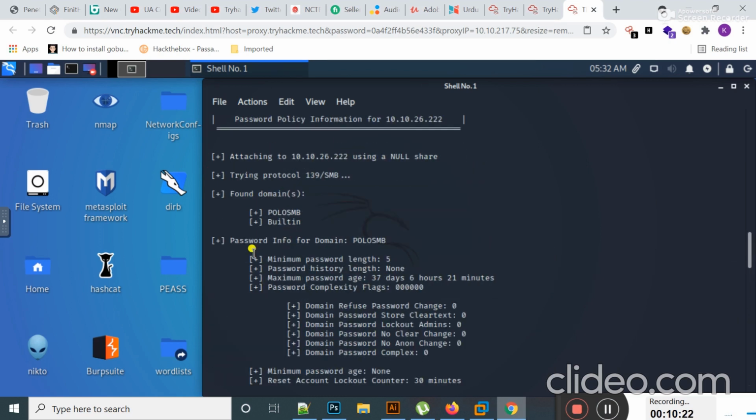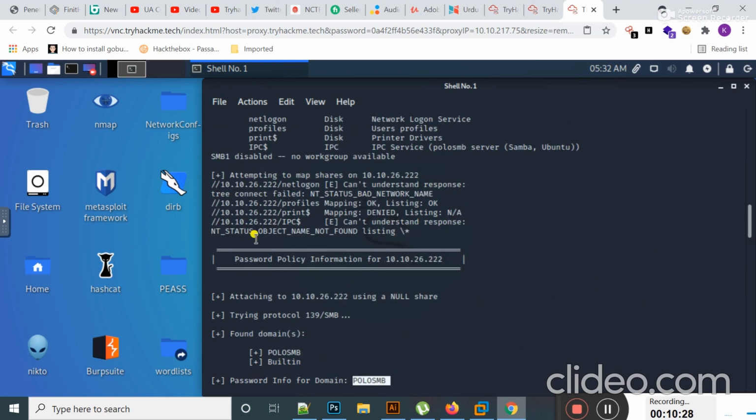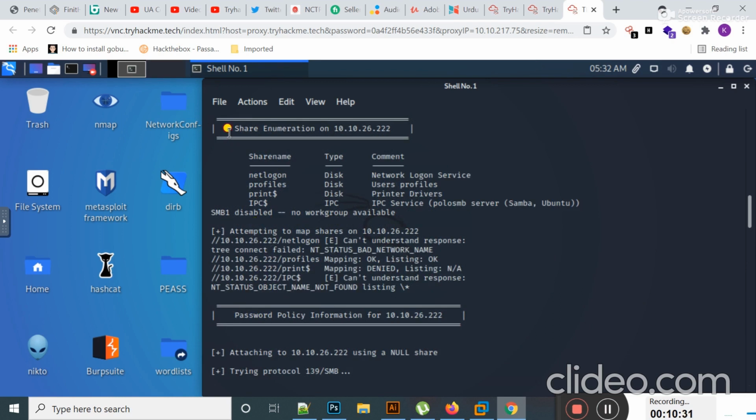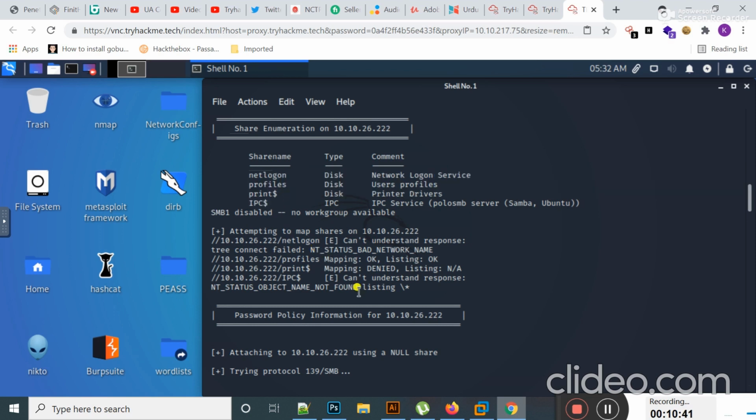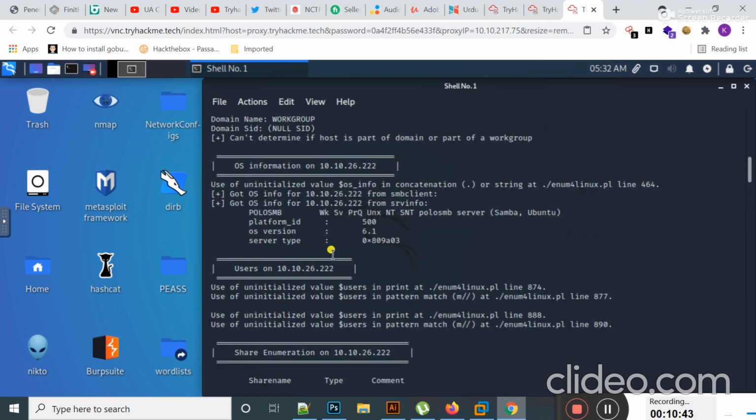Then you can see password information for the domain. This is the domain name, and you can also see share enumeration on this target machine. You can see all these resources are shared on this target machine: profile, print, and netlogon. And here you can see the OS information of the target machine.